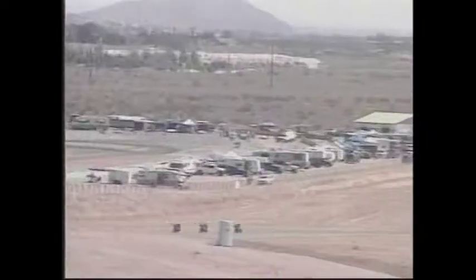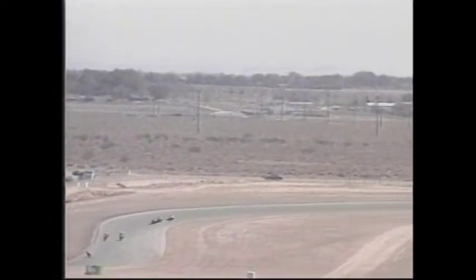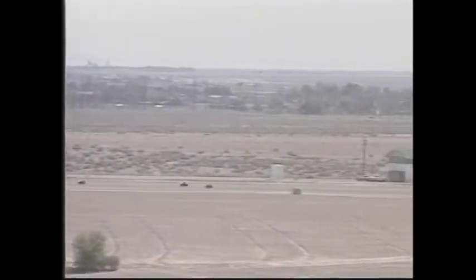Graves Motorsports right with them. As we come through turn 4, which is this slower speed on the top of the hill at the Budweiser balcony. We head down to turn, this may be 6, and we head out into the desert, over this hill, and into the fastest section of the track, turn 8. Talk about a high-speed corner. And then you got to tighten up your line to make it through turn 9 that leads you onto the